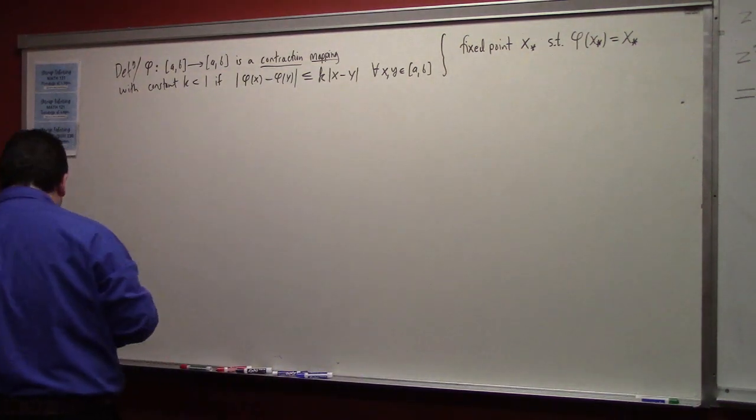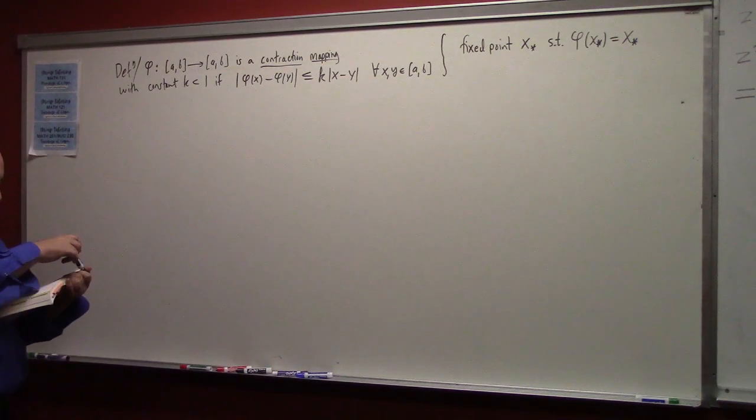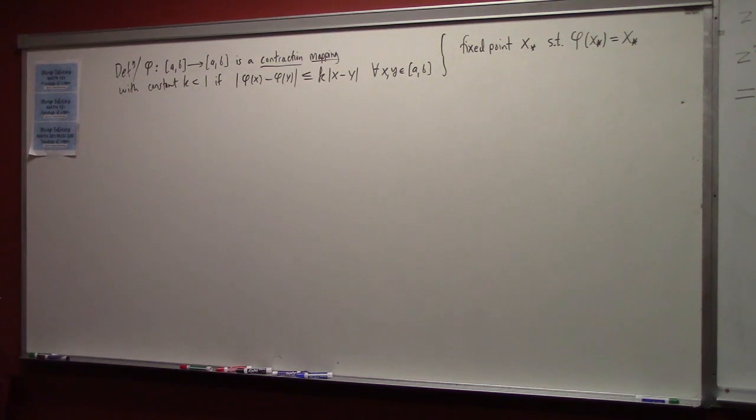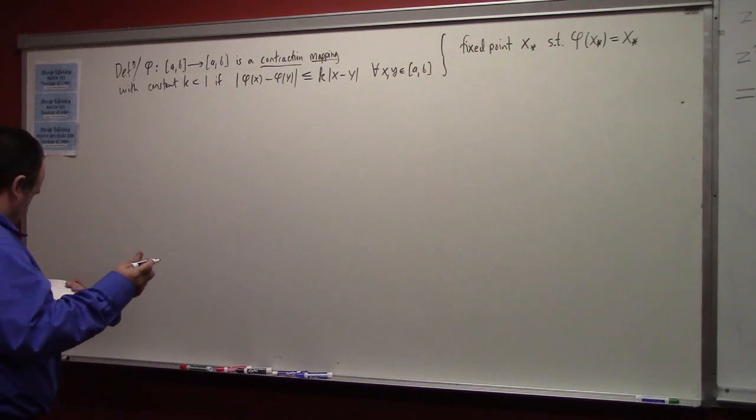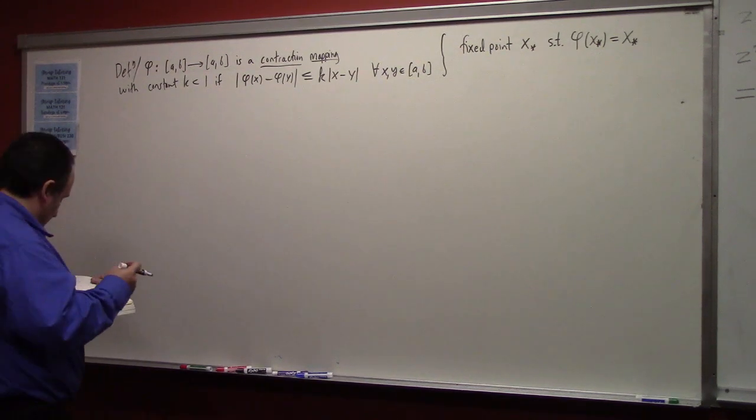All right? So usually the game that's played in using the contraction mapping is to design a contraction map somehow or another such that the fixed point produces whatever kind of thing you're trying to show the existence of. So you try to arrange things so that the fixed point's existence gives you the solution to whatever kind of equation you're trying to solve. Now it's a little bit of an art form how to do that, but we'll hopefully see a couple examples today. Now the theorem,